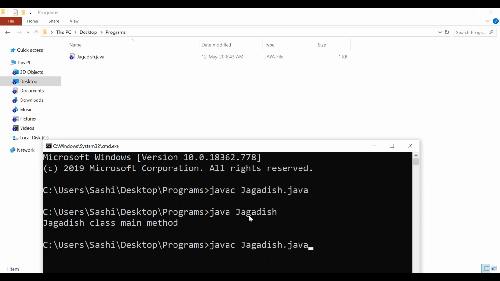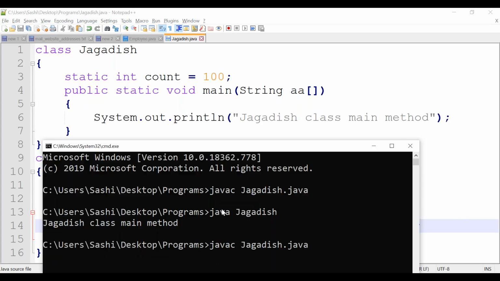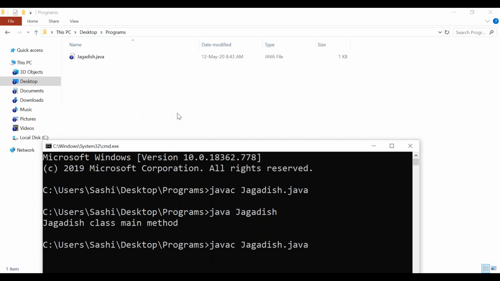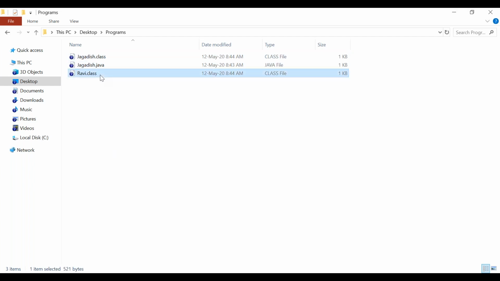How many class files are created? So far we have two classes, correct? Let's observe how many .class files are created. I'm just compiling javac with the file name .java. Here two .class files are created, right? When we compile, two .class files are created.